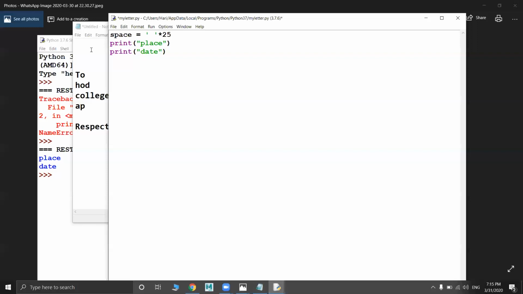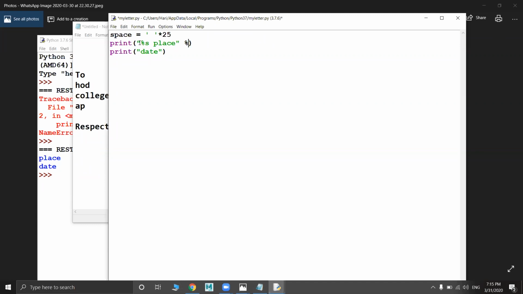Okay, and then I'm going to include that in the print statement. So how will we include it? By using the percentage %s. And then you need to write what you need to pass for that percentage.